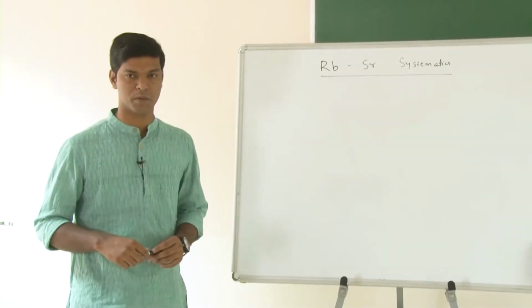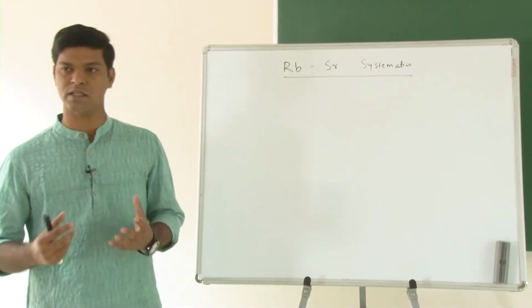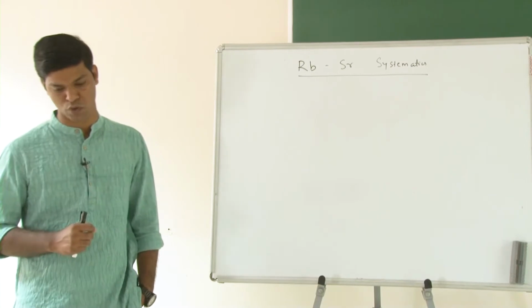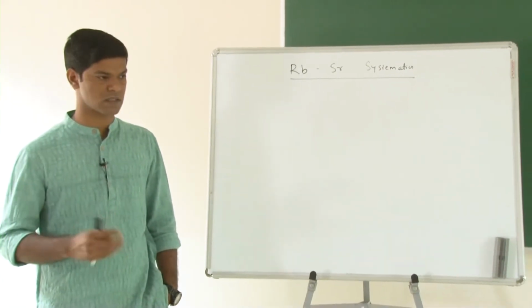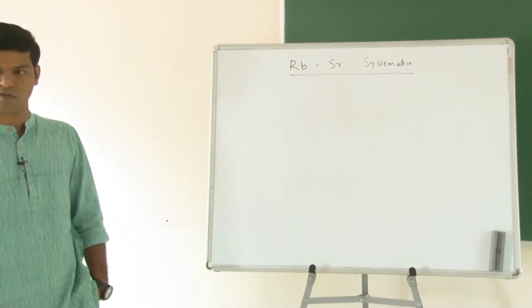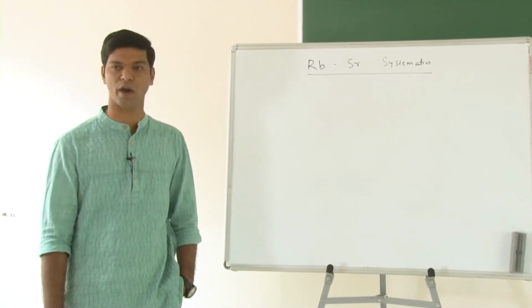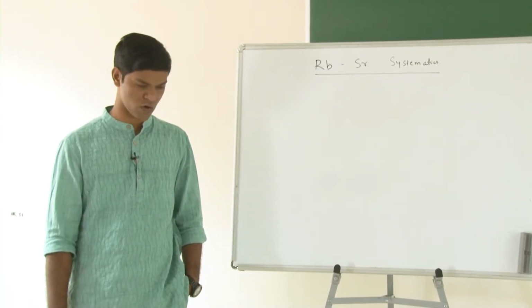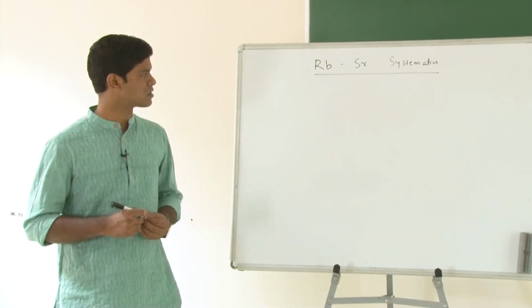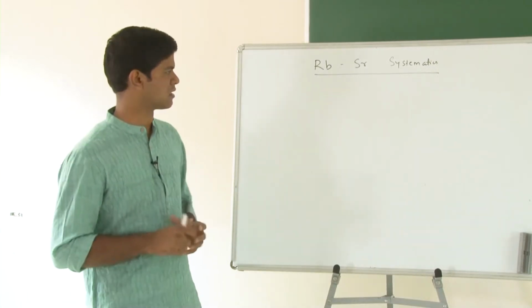Welcome all. So, today we will be discussing rubidium-strontium isotope systematics. The systematics have found frequent application in earth and ocean science, mainly to find the provenance of sediments and various kinds of rocks and what kind of minerals are forming. In addition, it is a very useful tool to find the age of a particular rock or mineral type. So, we will have a detailed discussion about this robust proxy, which has found several applications in geology.